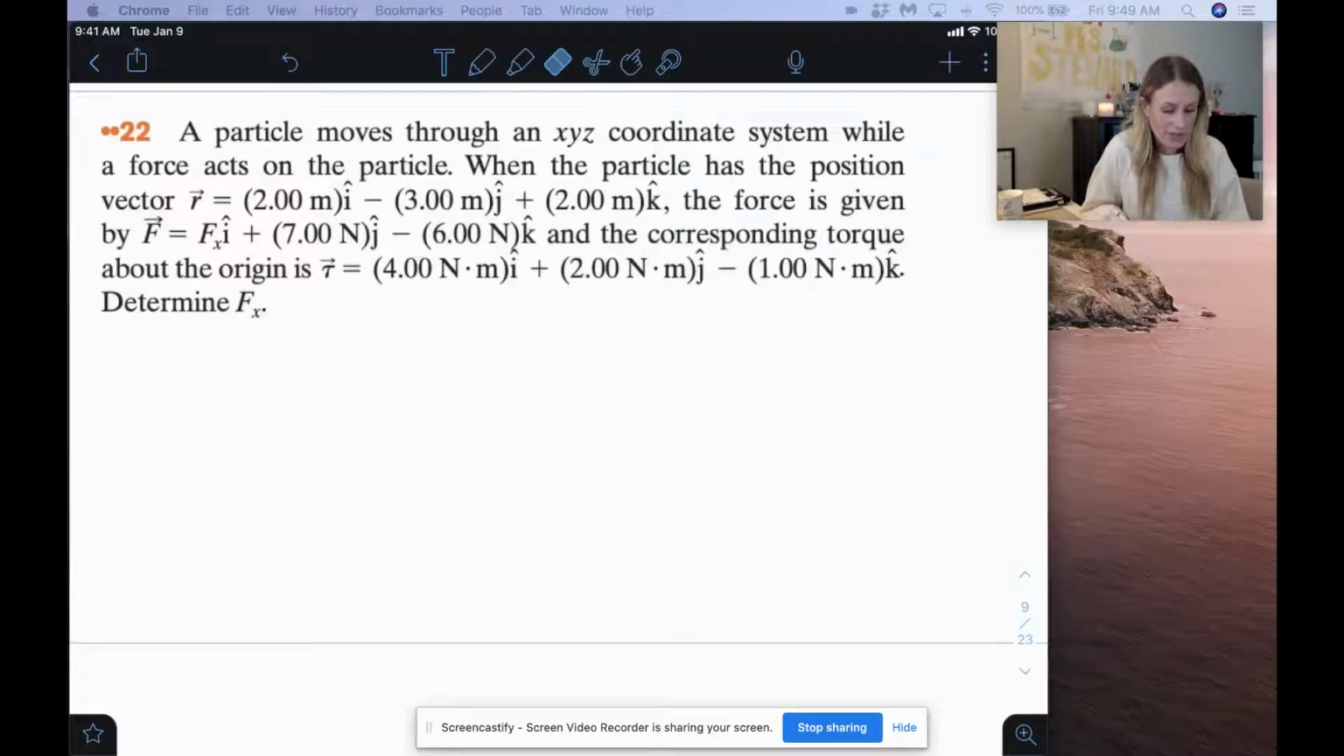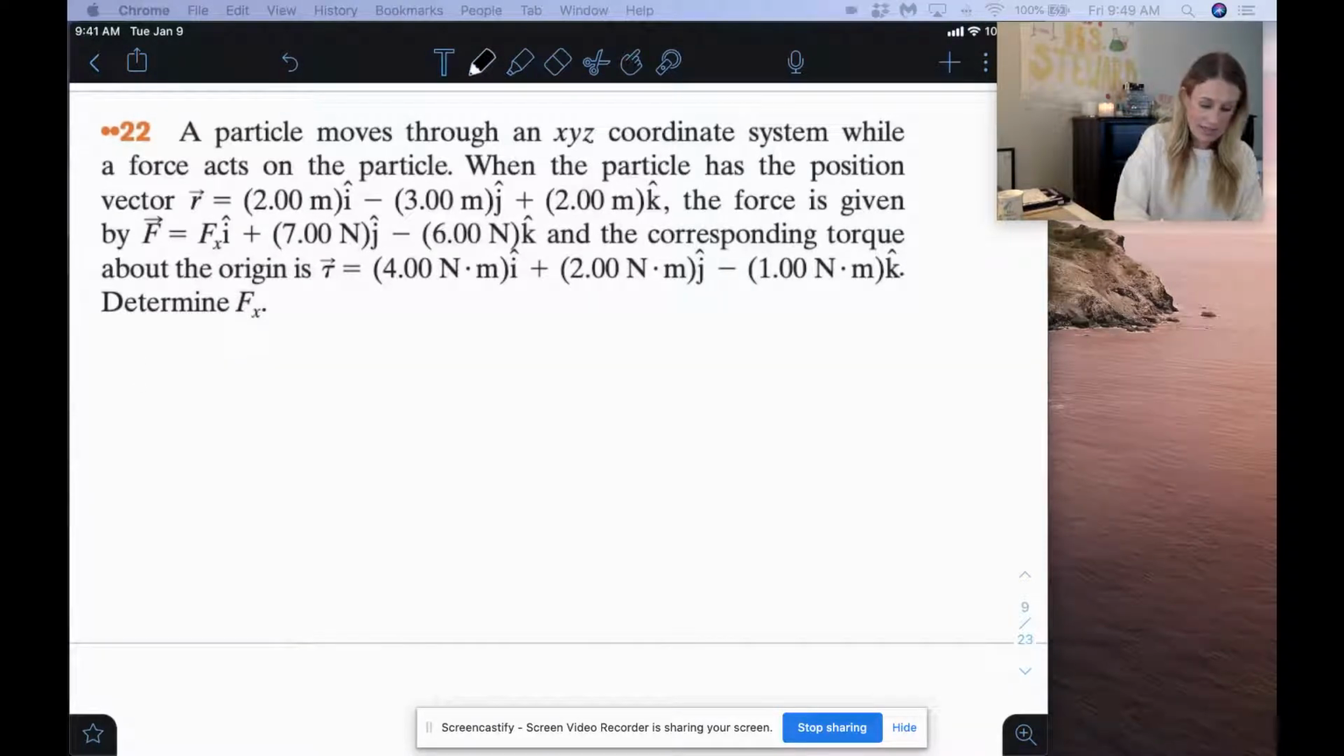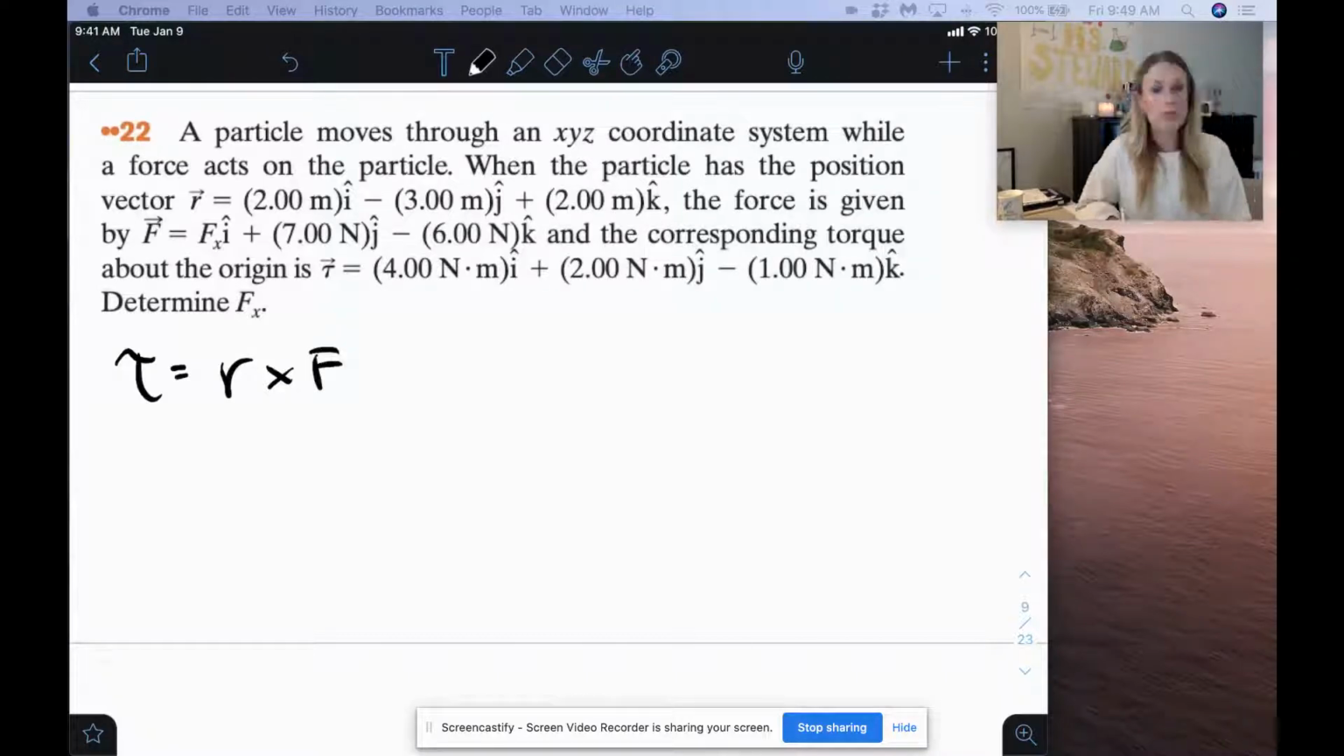All right, so this number 22 is an example for cross product. So torque is a cross product, and when we talk about torque, it's R cross F. Now remember, cross product is at a maximum when those two vectors, the R vector and the F vector, or we call them A and B sometimes, are at a maximum. The resultant vector is at a maximum when those two things are perpendicular to one another,